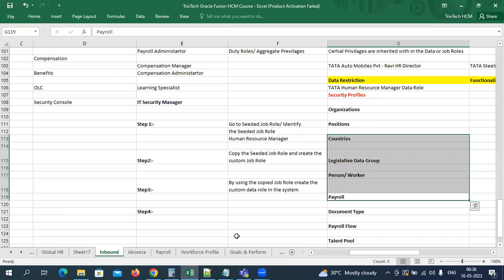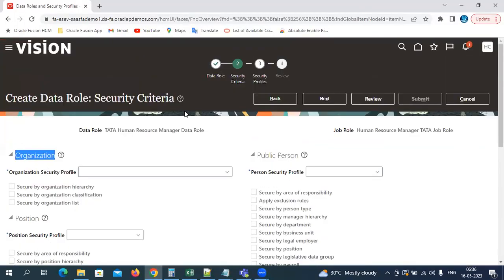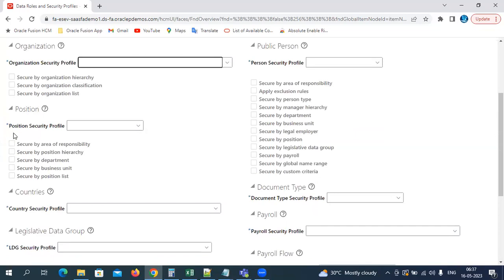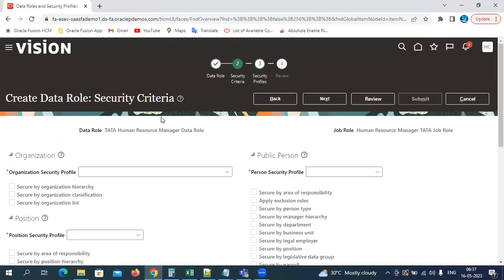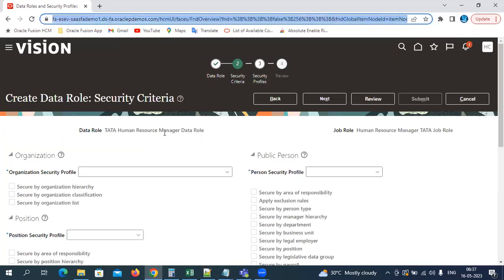What you want to restrict, only you can select that particular object stream. You want organizations to restrict from this role, then define your org security profile and map here. Positions you want to restrict, countries you want to restrict, LDG, what you want to restrict, team. By default in the system,